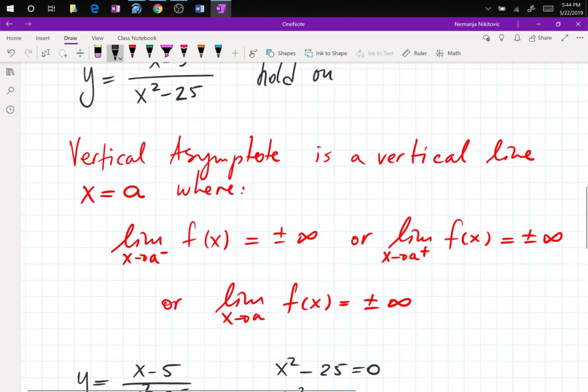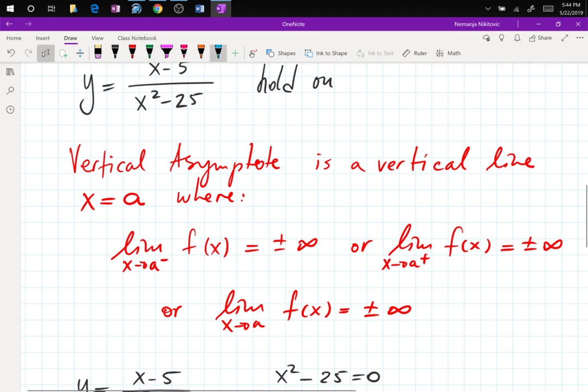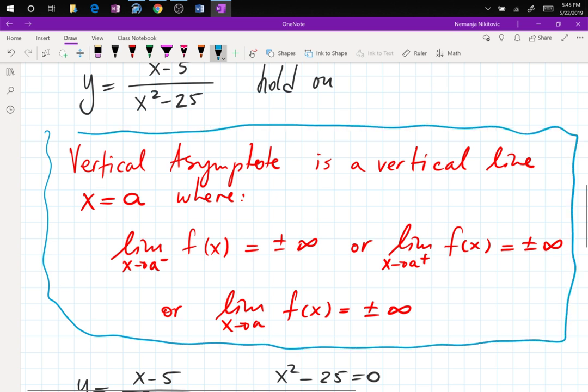So this is our definition for vertical asymptote. You only need to get one of the 3 limits to go to infinity at that point A that you are suspicious of. And if you get infinity, A is a vertical asymptote. If you get a value, then it's not. Simple as that. Is there really anything else that we need to talk about? So we use the undecided limit, algebra, factoring, we did that. Good. So now,